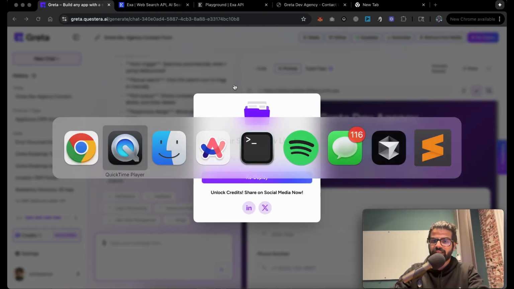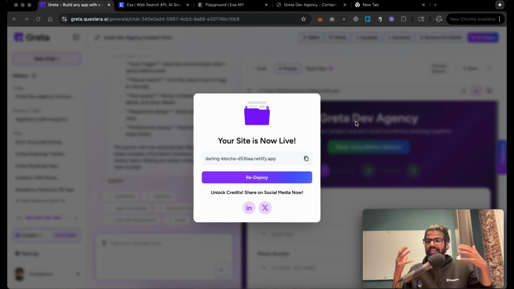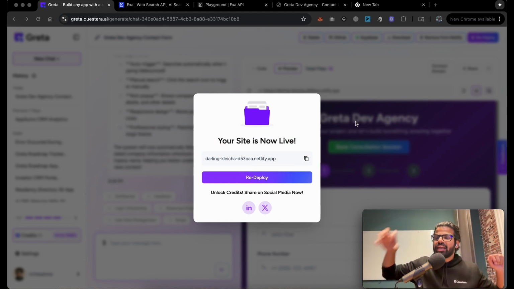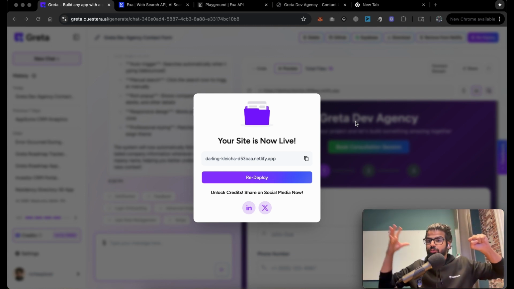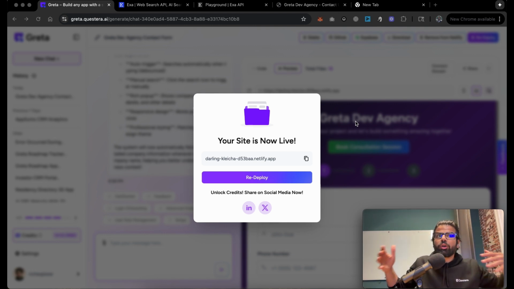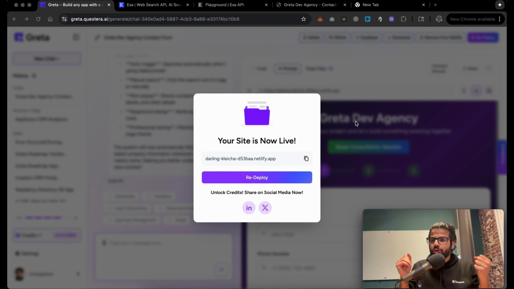In this case, what we have given Greta is that, hey, I can tell you how you can, given a URL, fetch details using Exa. That means that we have told Greta a way how you can make a burger essentially, right? So any third-party stuff which is not related to writing code, you have to give the right set of library basically.